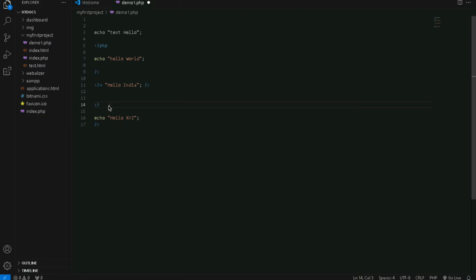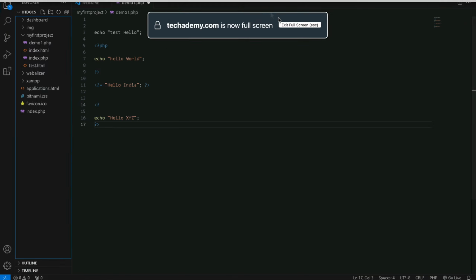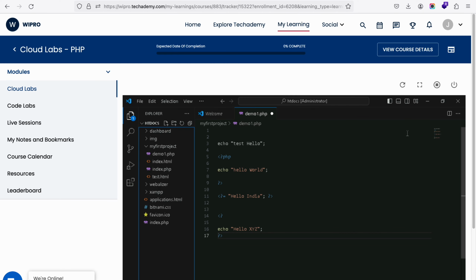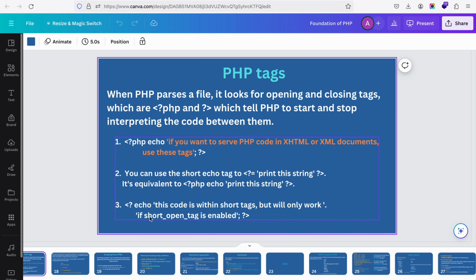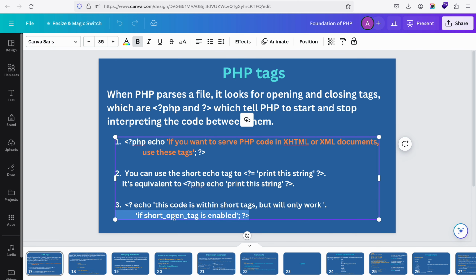When there was PHP 4 or something, PHP was just working with this one, right? And this is known as short tags. What is the meaning of short tags? I have not given either equal to or PHP. So this is known as short tags. This will only work if you go to that